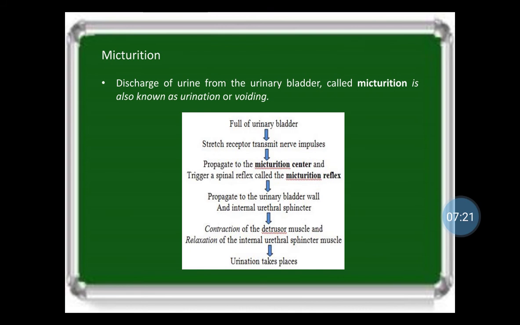Micturition occurs via a combination of both involuntary and voluntary muscle contraction. The capacity of the urinary bladder is about 700 to 800 ml, but when the volume of urine in the urinary bladder exceeds 200 to 400 ml, the pressure within the urinary bladder is considerably increased, and this mechanism takes place. The emptying of the urinary bladder is a reflex we see in early childhood. We learn to initiate and stop this micturition voluntarily.